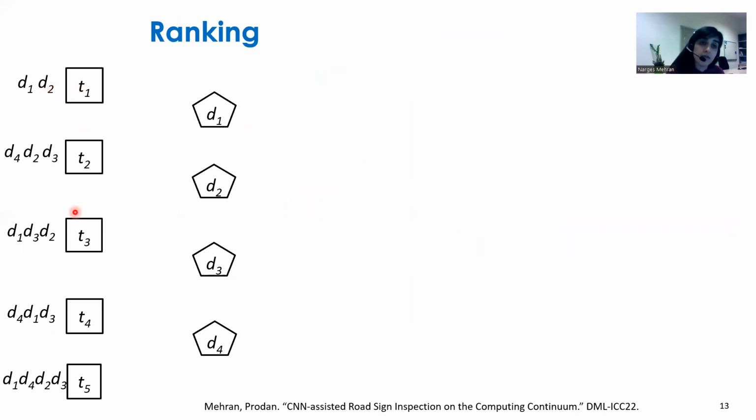As I said, on one side we have the tasks, considering that at the moment we have 5 different tasks. Each task tries to rank the devices on the other side. On the other side, we have 5 different devices in the computing continuum. For example, task 1 has ranked D1 with the highest rank, and then task T2 has ranked D4 with the highest rank. On the other side, the devices have also ranked the tasks